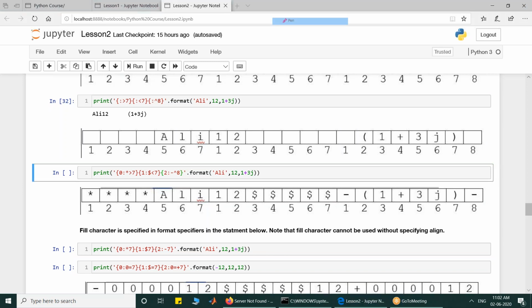This 0 is the index of the argument. 0 says I want to work with Ali. This colon is saying that whatever I'm writing next is the format specifier. This star is the fill sign.